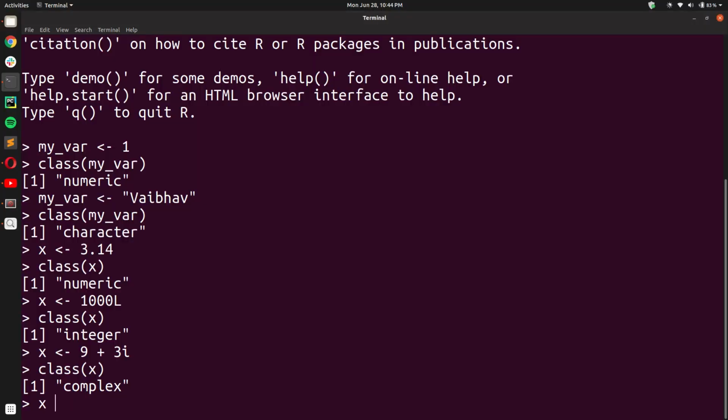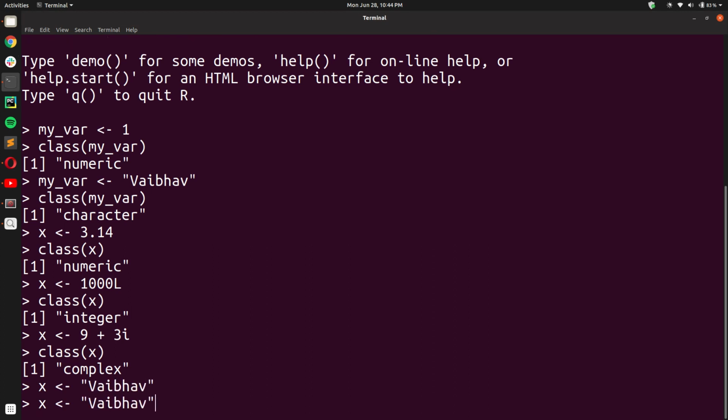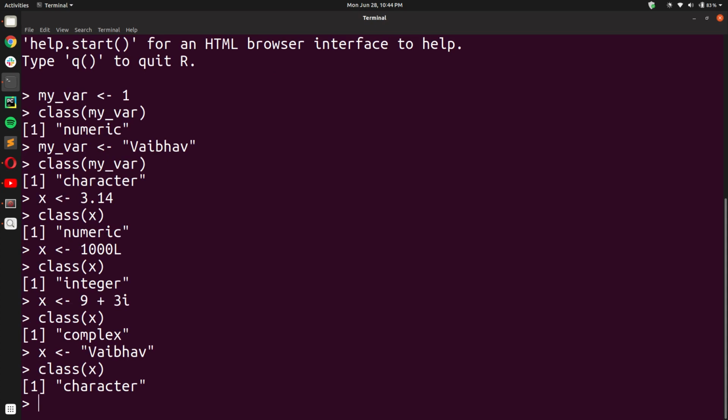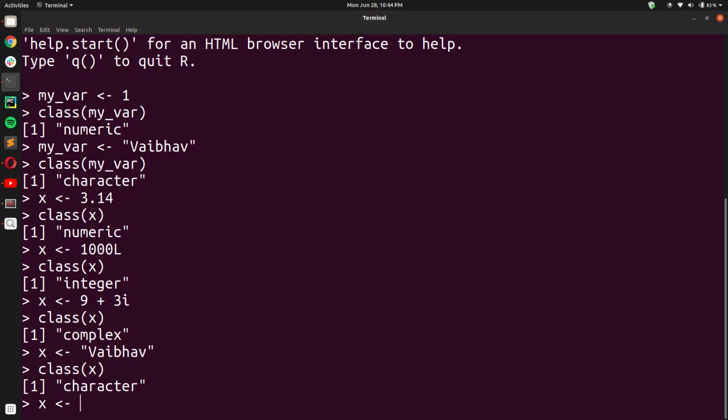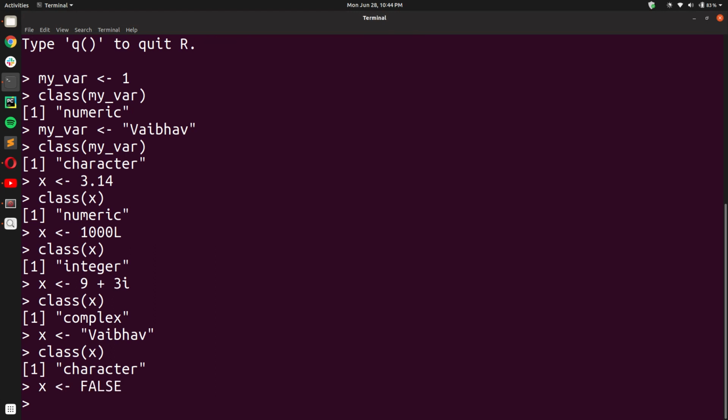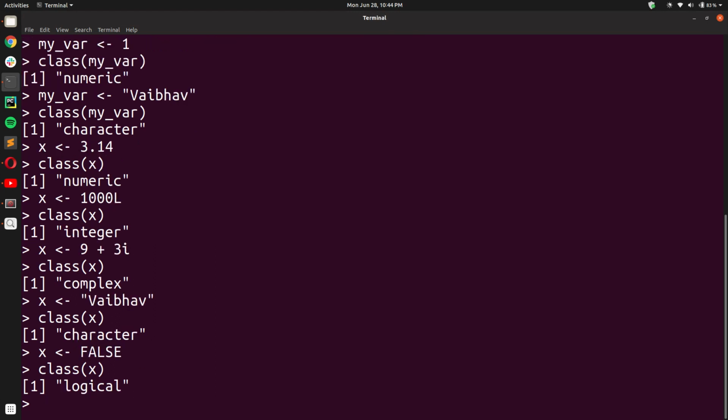Let us give it my first name Vaibhav, and when we check its class, it is a character, a string class. And lastly, we can assign a boolean value to this. And just for fun, let us assign false to this. And when we check its class, you will see that it is logical.